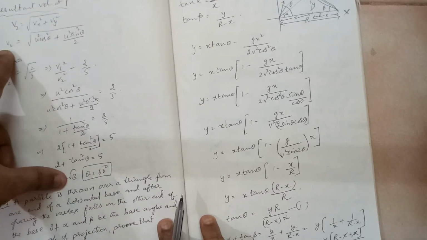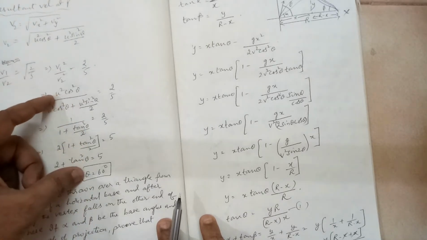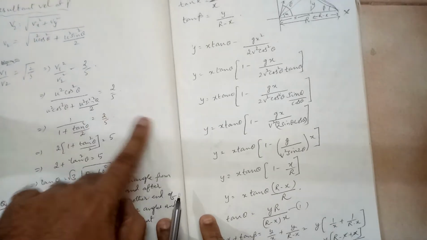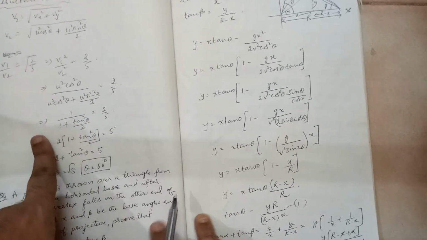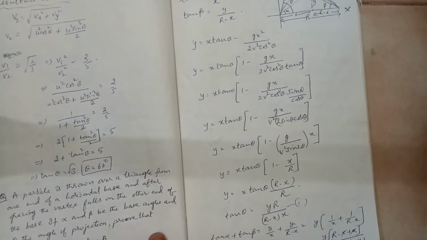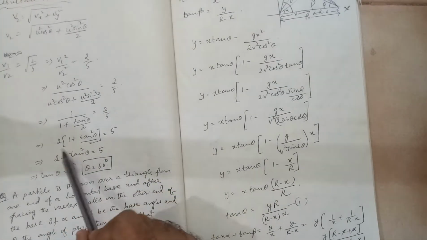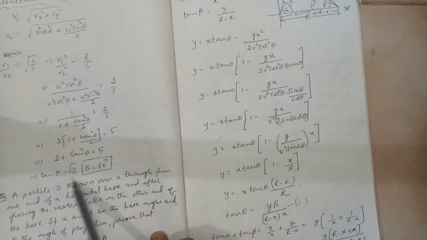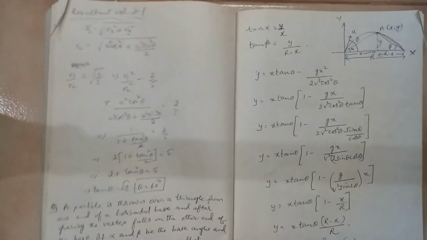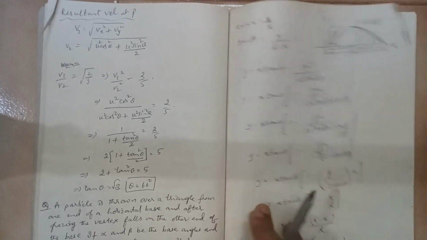Here also you have got v2. v1, you know, is u cos theta. You square it, and u square is a common term. You can cancel it out, and once you simplify, dividing numerator and denominator by cos square theta, you get this expression. So cross multiply, and finally you get tan theta is equal to root 3, so theta is equal to 60 degrees. So 60 degrees was the angle at which it was projected.